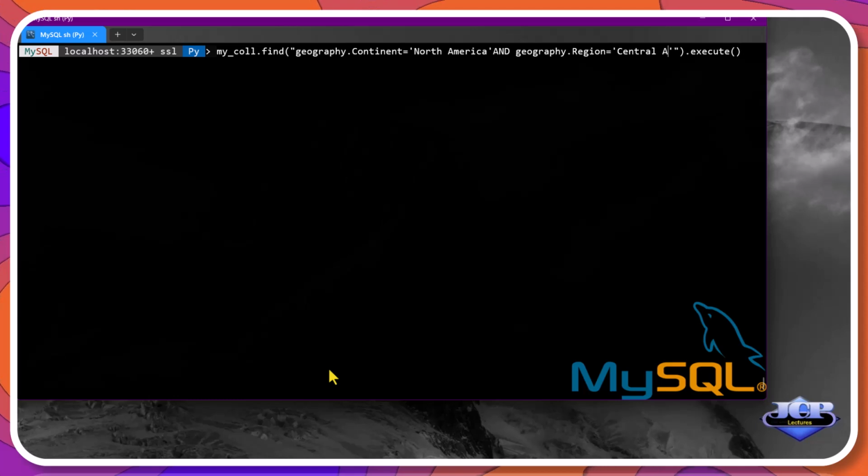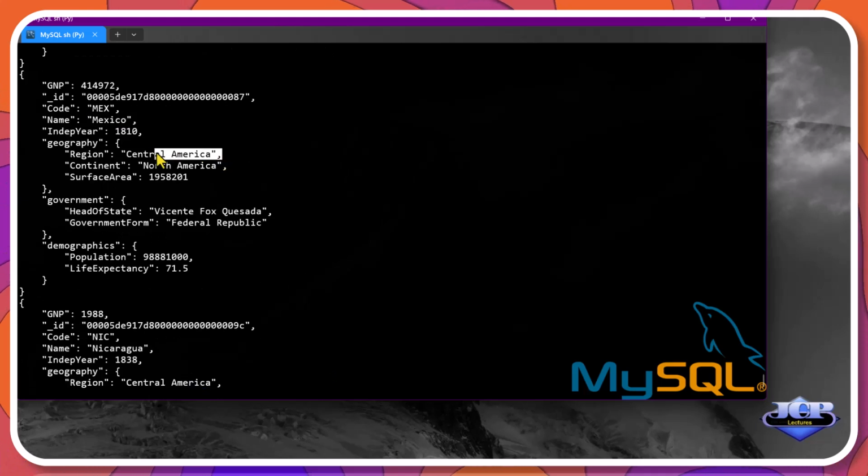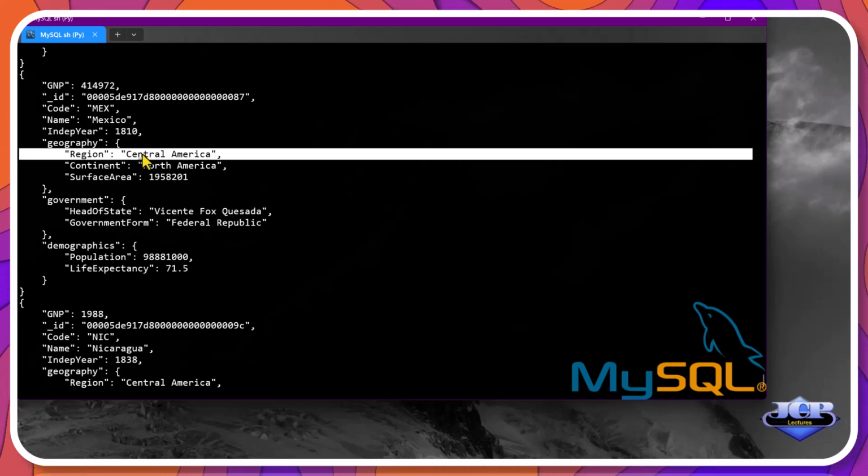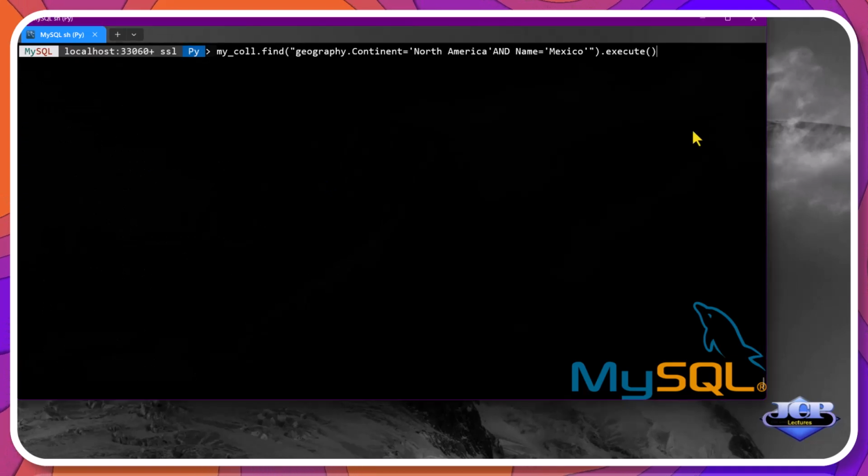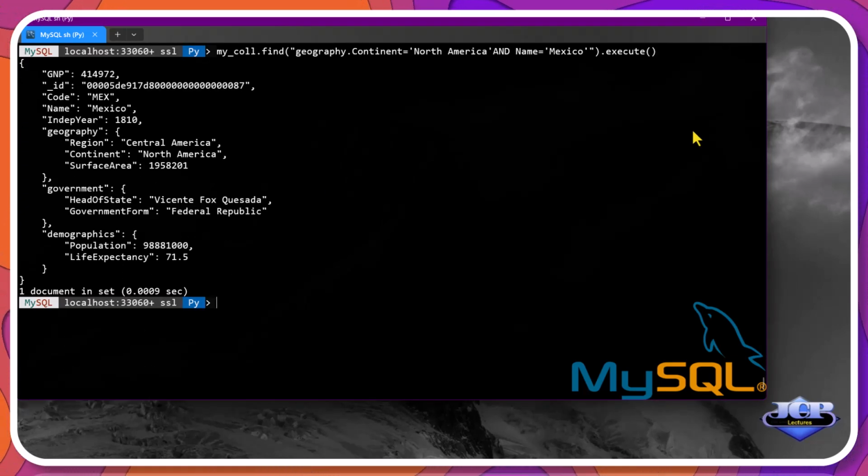If we change Caribbean to Central America and execute, a different list will emerge. And if we change the region to name equal to Mexico, after execution we will see the information of this country.